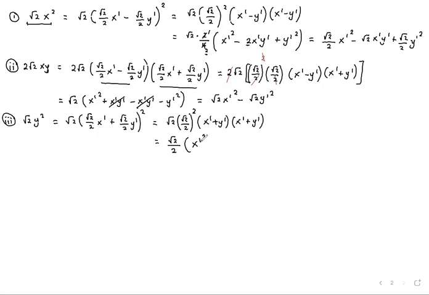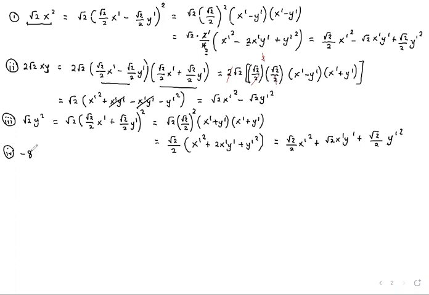Then x prime squared plus 2x prime y prime plus y prime squared. This guy will give us root 2 over 2 x prime squared plus root 2 x prime y prime plus root 2 over 2 y prime squared. So nice. Then the fourth one